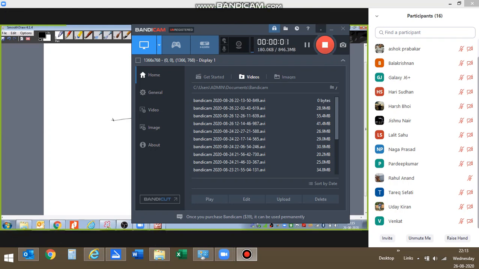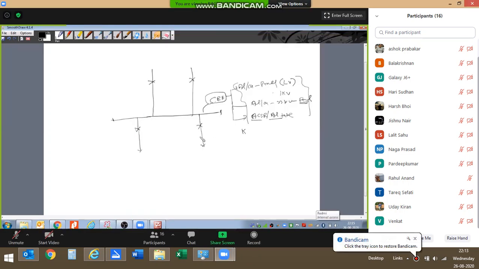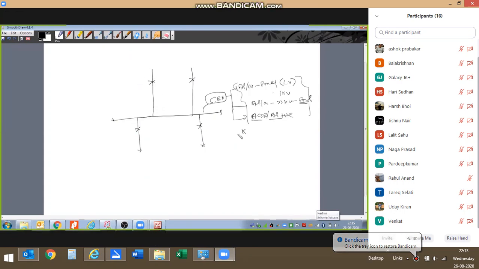Current law. The Kirchhoff current law says that on any common node, the sum of the incoming current is equal to the sum of the outgoing current, or in other words, we can say that the vector sum of the currents on any node is equal to zero. That is what the Kirchhoff current law is saying.